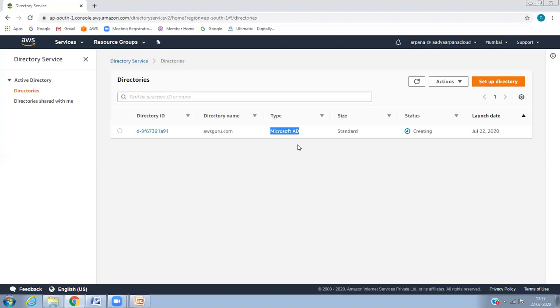That we can see in the lab. But for that, you need to have a lot of patience, because the Active Directory domain takes 20 to 25 minutes to create, so that we can see once it is created.